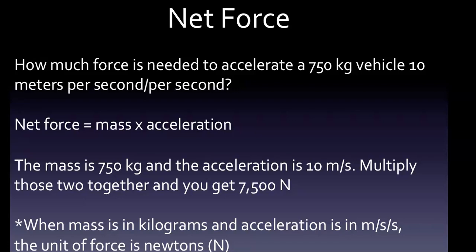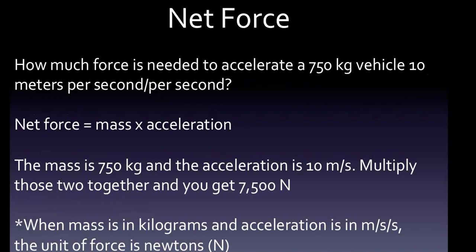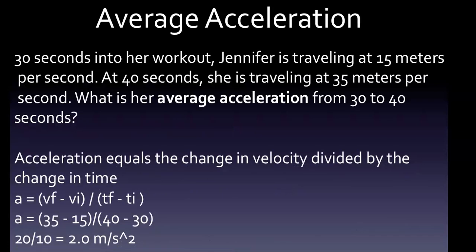And again, when mass is in kilograms and acceleration is in meters per second squared, the unit of force is newtons, right? So we need both the mass to be in kilograms, acceleration meters per second squared, then we're going to end up with newtons, and our answer here is 7,500 newtons. A likely wrong answer choice would be something like 7,500 meters per second. That could easily throw you where you saw 7,500 twice. Newtons would be the answer that we want. And then finally,